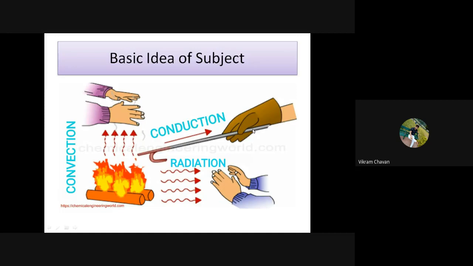This is known as conduction. Now consider another person holding their hand somewhat away from the fire. But he or she also feels the heat,